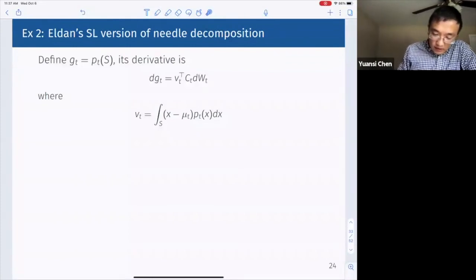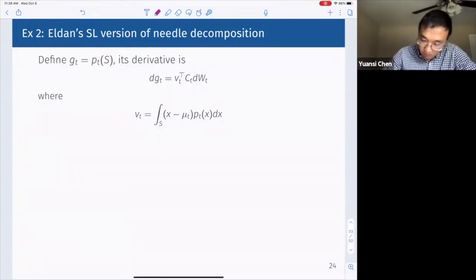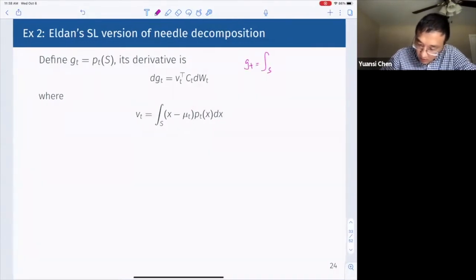Let's take a look at the derivative of P_t(S). So we define G_t as P_t(S), and then we take the derivative. G_t is just the integral over S of p_t(x) dx, right? So when you take the derivative of G_t, it is